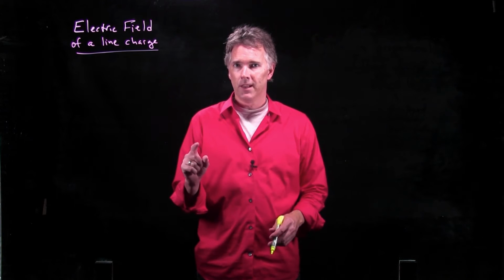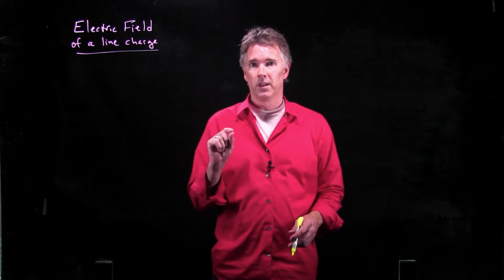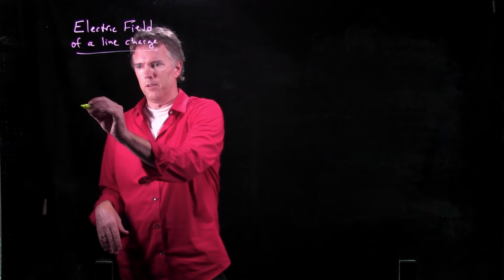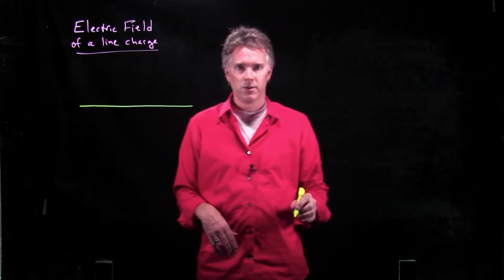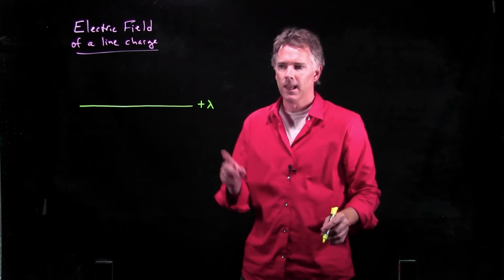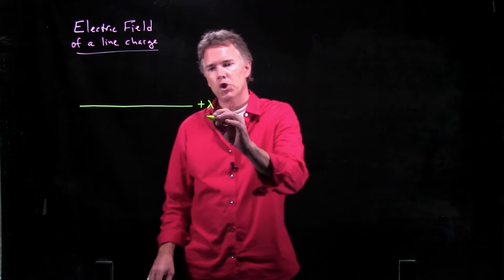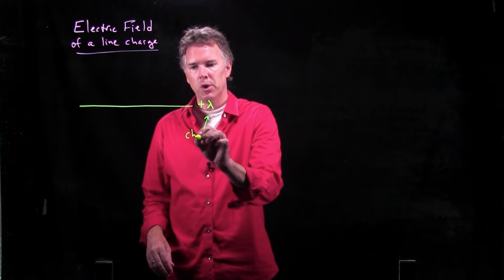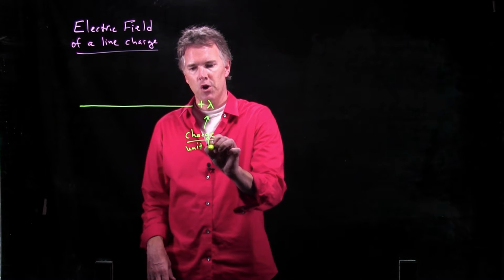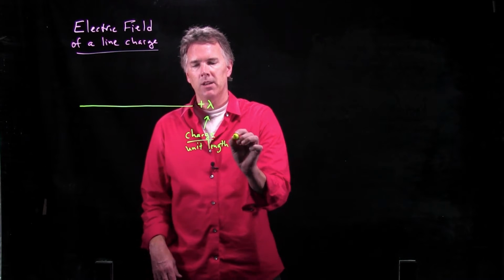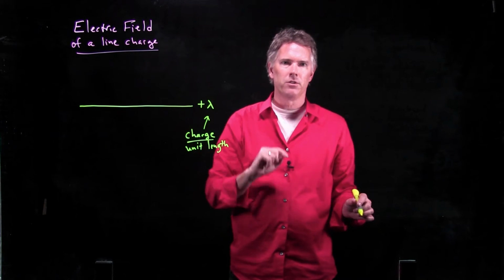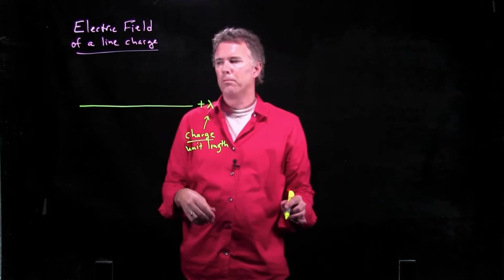Let's say we want to calculate the electric field of a line charge using Gauss's law. So first off, what does a line charge look like? Well, it's quite simply a line of charge. We usually denote the charge on it by a positive lambda, where this is charge per unit length. So it's some sort of charge density, but it's in terms of linear length. Just imagine you have a whole bunch of positive charges on that thing, and those positive charges are